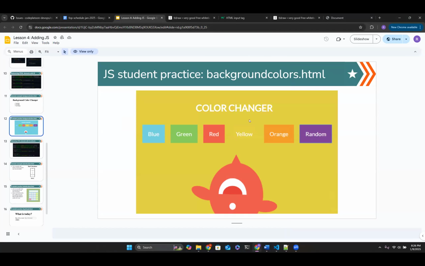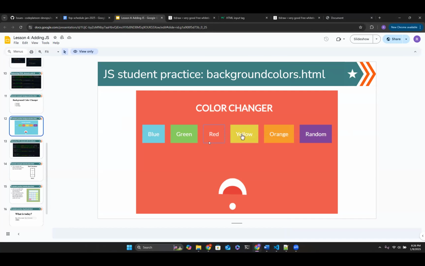So more than likely, you're gonna have to add some other list items, and then these list items should have their own functions. I want you to use some CSS to format them into some blocks like this. Add a border. You can see the border is blue. We don't have the image, so don't worry about the image. It should only have everything else except the image. The header should be color changer, and the background should match the actual color that's described in this div, right?